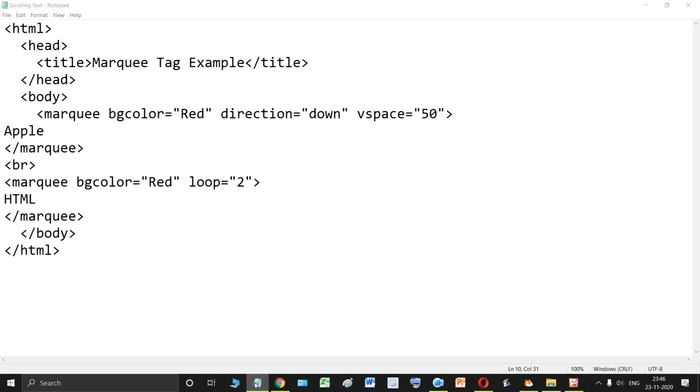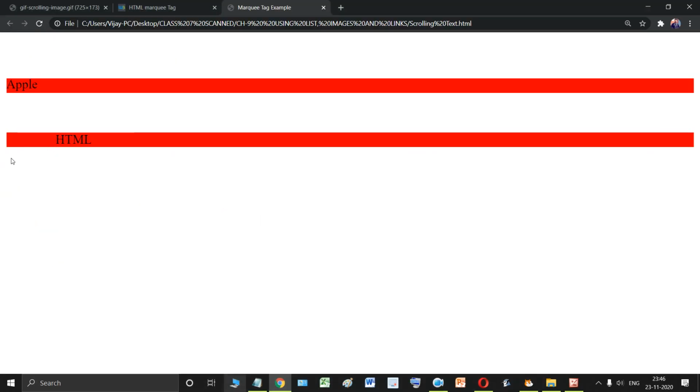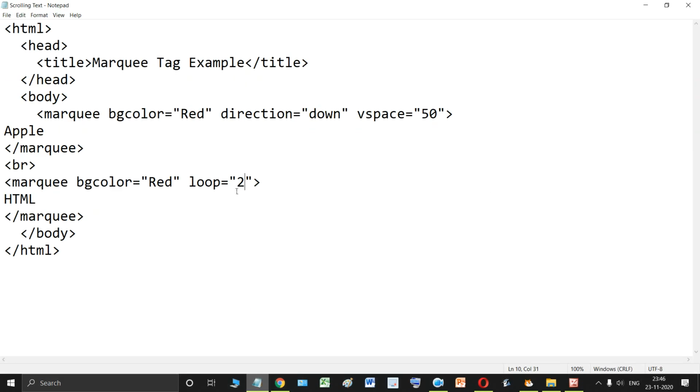Now it will come once more and then it will stop. This is the second loop because the value over here is 2. Now see, it is not coming again. The HTML text has stopped after moving from this side, because the value of loop is 2.